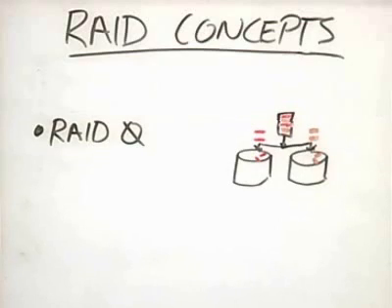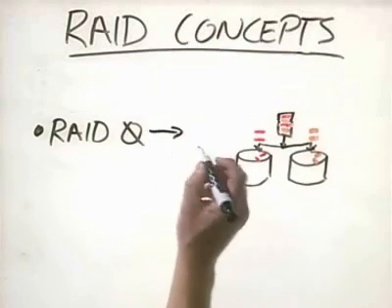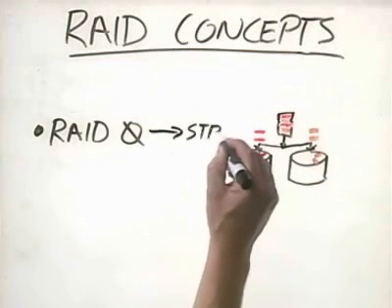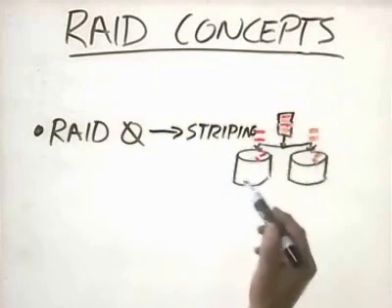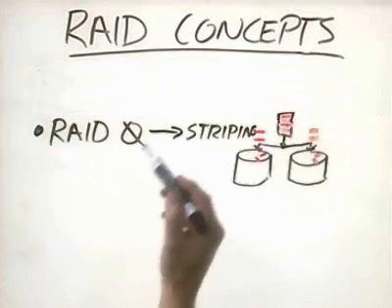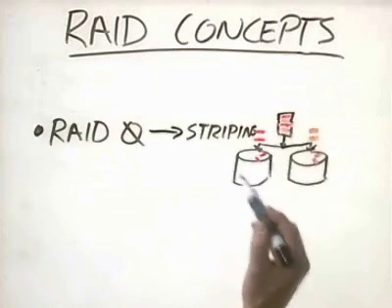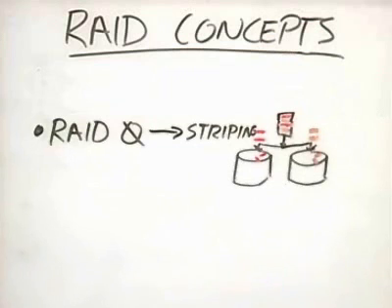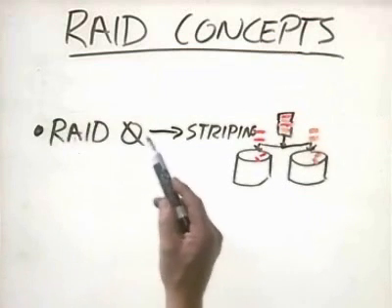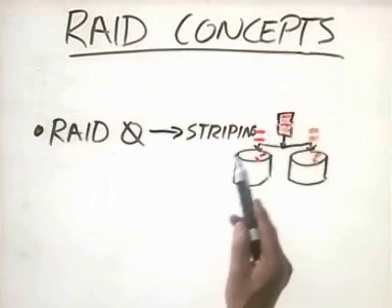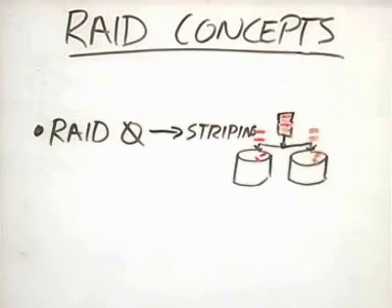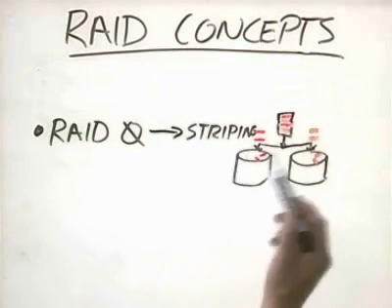Let's start with RAID 0. RAID 0 is just simple, plain old striping. We talked about striping before, and we used this diagram. Well, RAID 0 is just that. It's striping data between two hard disk drives. As such, RAID 0 can dramatically increase the performance of I/O operations on your storage subsystem. It increases speed,